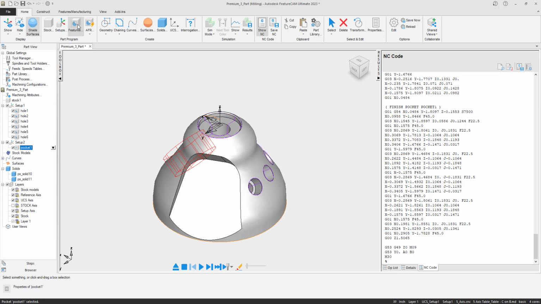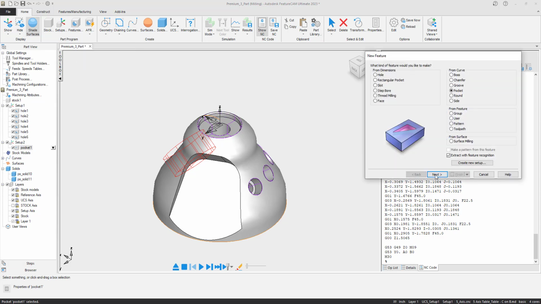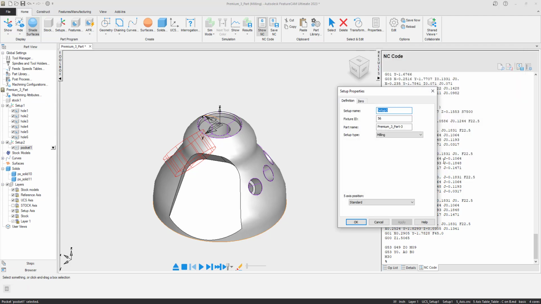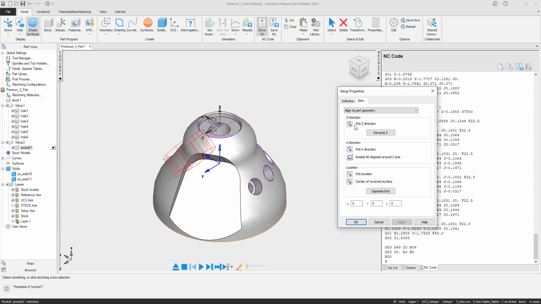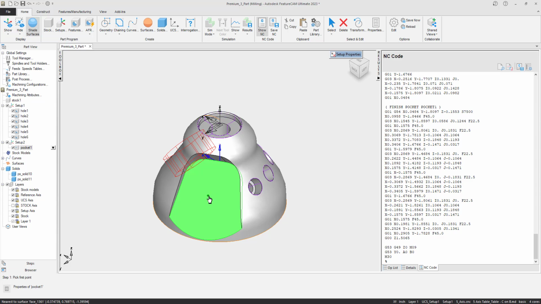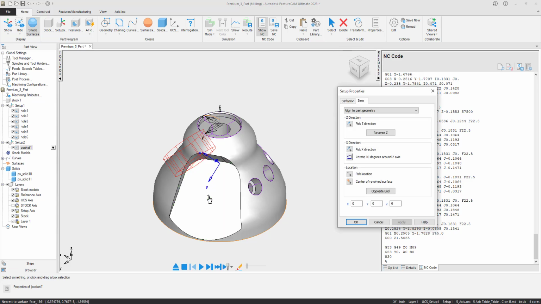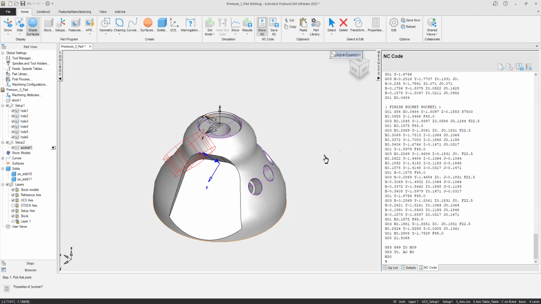And I'm going to go Features, and we're going to create an additional setup just like we just did. So I'm going to go New Setup, 0, Align to Part Geometry, pick a surface, make our coordinate system do a little dance. But this time I'm going to have to adjust the X as well. So I'm going to click on the X,